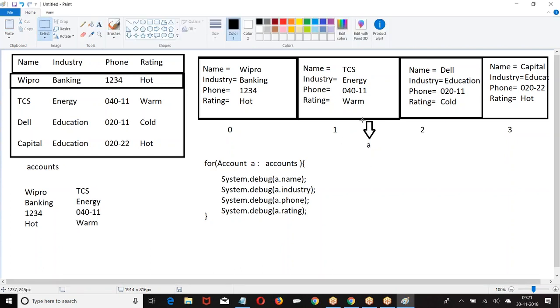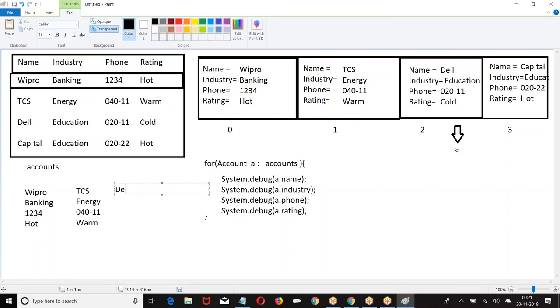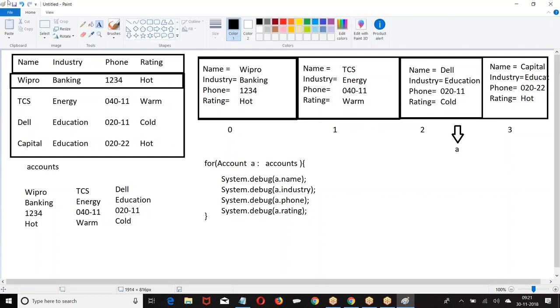Again, A will go to the next location. A dot name, industry, it is done. We'll go to the next one.